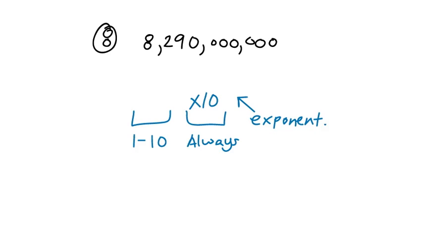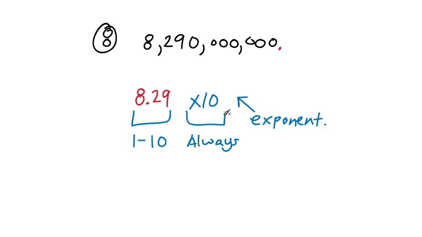So the first thing to do is to look at this number and think, where is the decimal point right now? Now I see 3 commas, but there's no decimal point. But in fact, there is one. It's invisible and it's right at the end. Just like before, I said if we say the number 5, really it's 5 point. So here's our decimal. Now to take that decimal out and put it back in somewhere else to get a number between 1 and 10, we've really got to be after this first digit. So our number would become